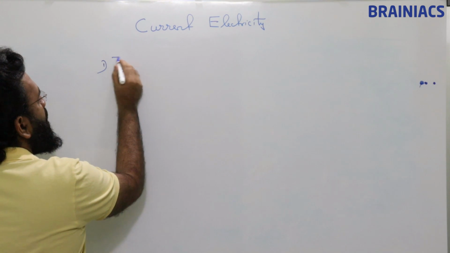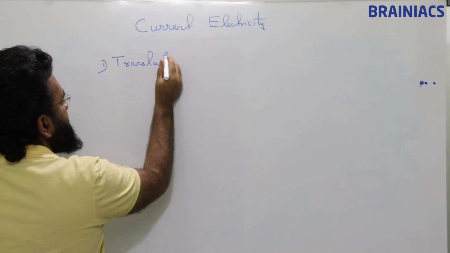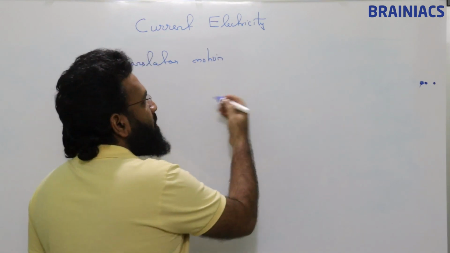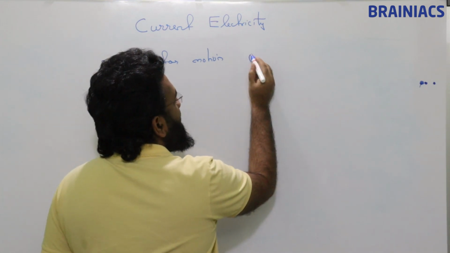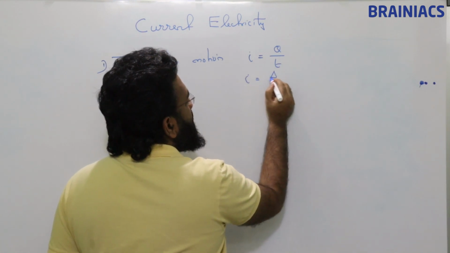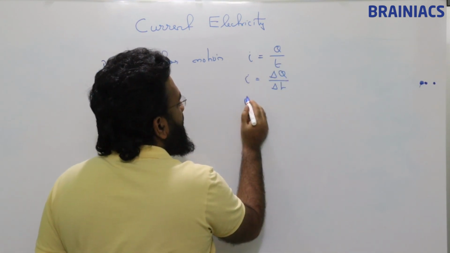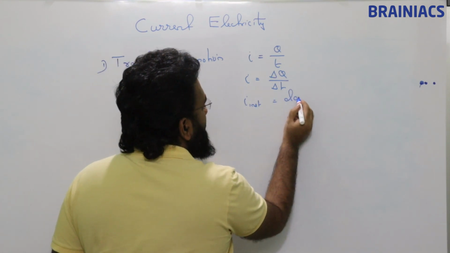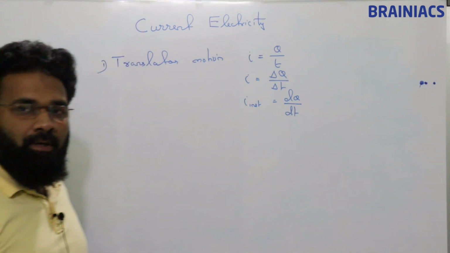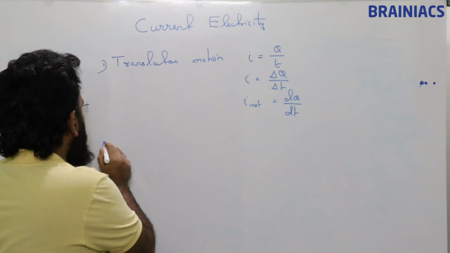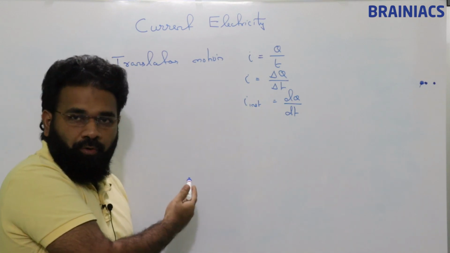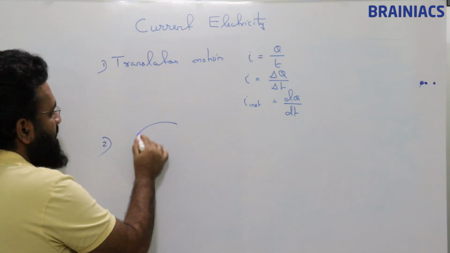So one mode is translatory motion. So far we have seen this translatory motion, and I is equal to Q by T, or I is equal to delta Q by delta T, or I instantaneous is equal to dq by dt. All this comes under translatory motion. Okay, now even these basics can be applied in other modes also. Second thing is